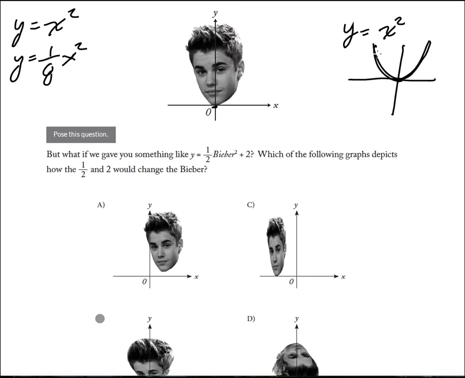How would that change it? Would it make it wider? Would it make it narrower? Jason, yeah, you're right. It would make it wider. Whenever I put a fraction in front of the x squared, a fraction less than 1, it actually makes the shape wider. So bearing that in mind, if we took this, instead of saying y equals Bieber squared, and we